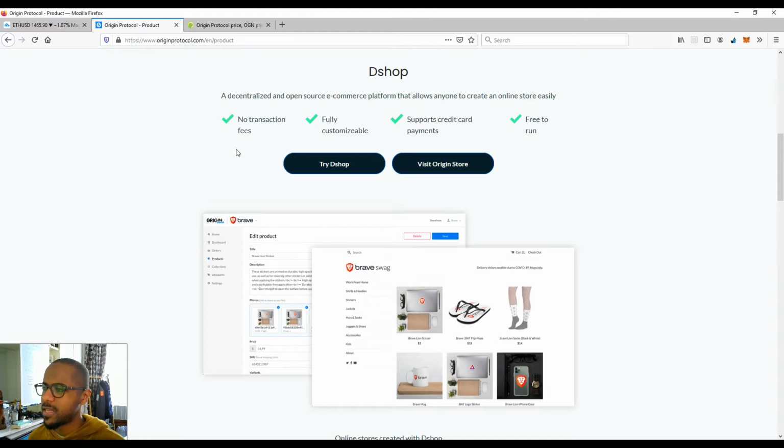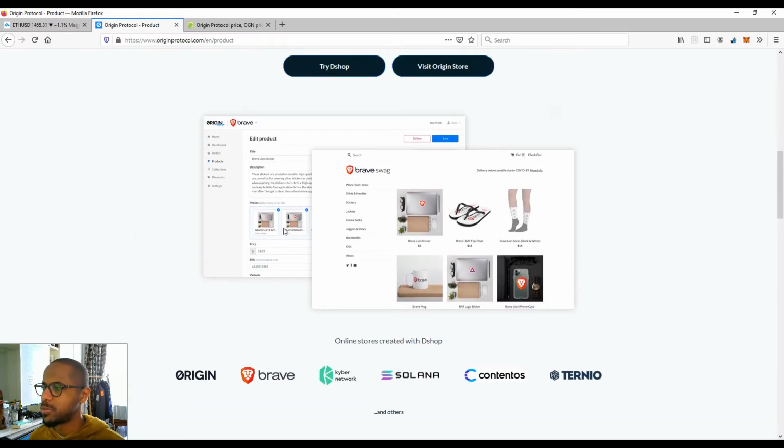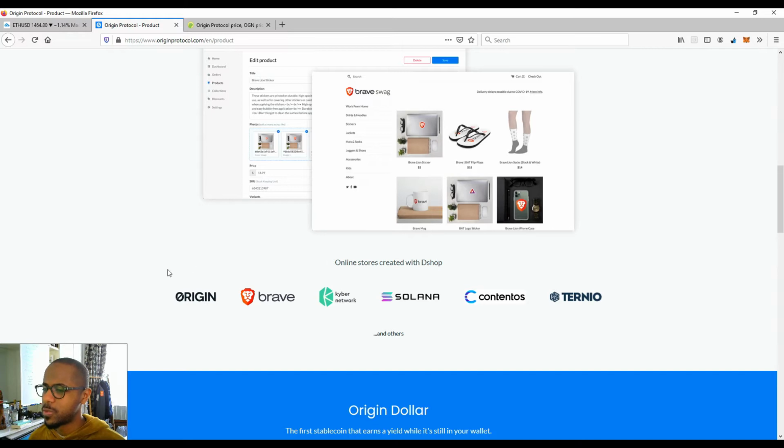Here are some of the features that they have. Supports credit card payments, fully customizable, no transaction fees, free to run. So essentially they've made it very easy for you to open up a shop on their blockchain to facilitate trade and e-commerce. Some of the online stores created with D-Shop are Origin, Brave, Kyber Network, Solana, Contentos,